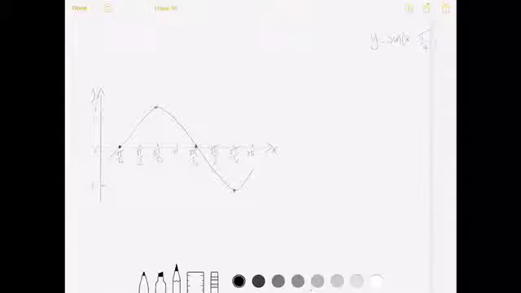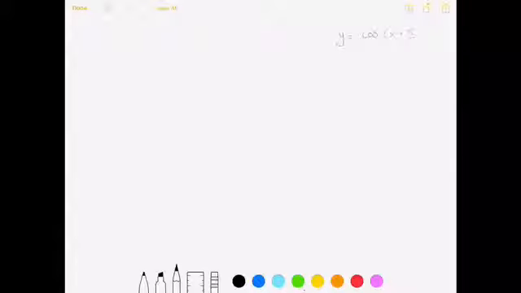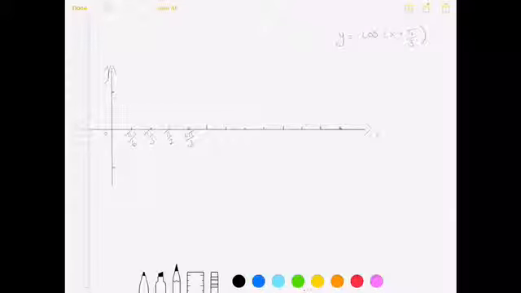The next graph is y equals cos (x plus pi over 3). That plus pi over 3 will move the graph pi over 3 radians to the left. So this time, instead of going up in increments of pi over 3, because it's not going to enable me to account for increments of pi over 2, I'm going to go up in increments of pi over 6. So if we take the time again to set up our axes correctly,